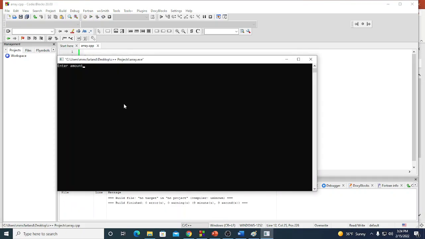There we go. Enter amount. 1, enter. 2, enter. 3, enter. 3, enter. Okay, total points was 9, which is correct. The average is 2.25, and you're on the path to 2.25. Okay, so that worked. But when it said enter amount, the 1 appeared up here, and I did not really